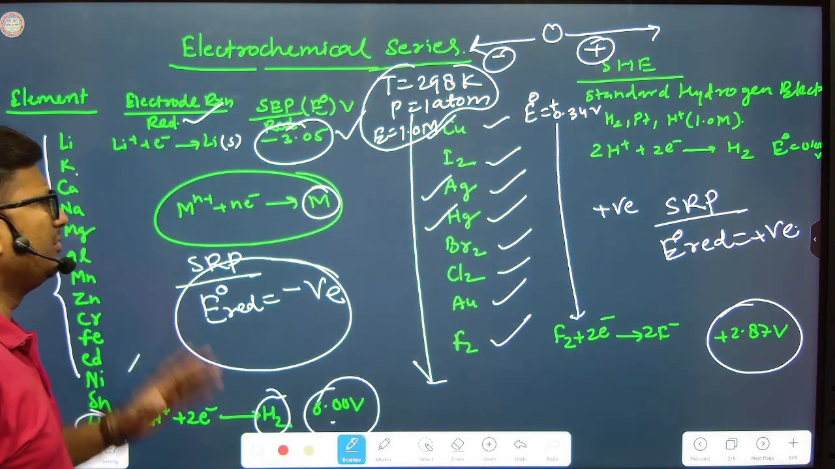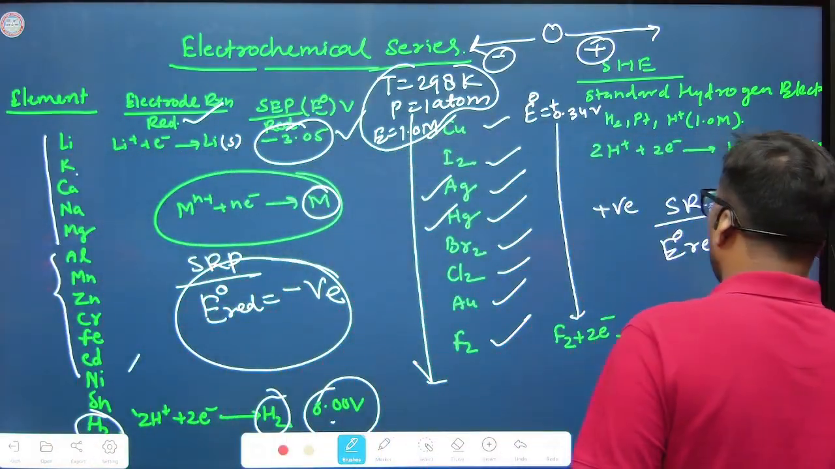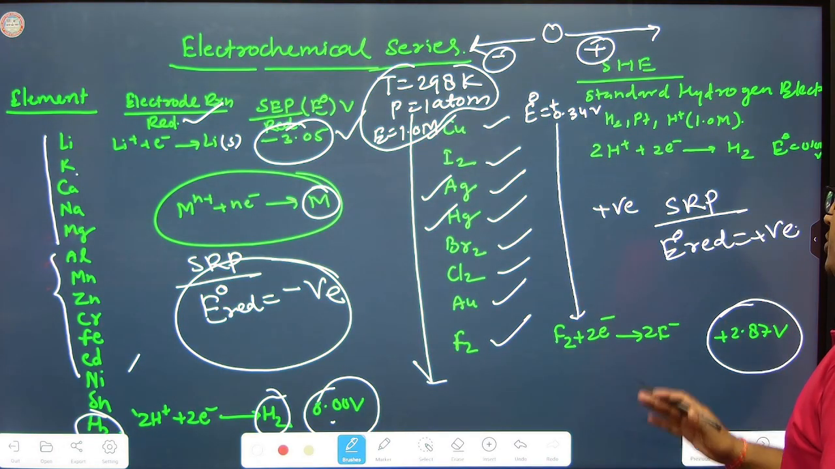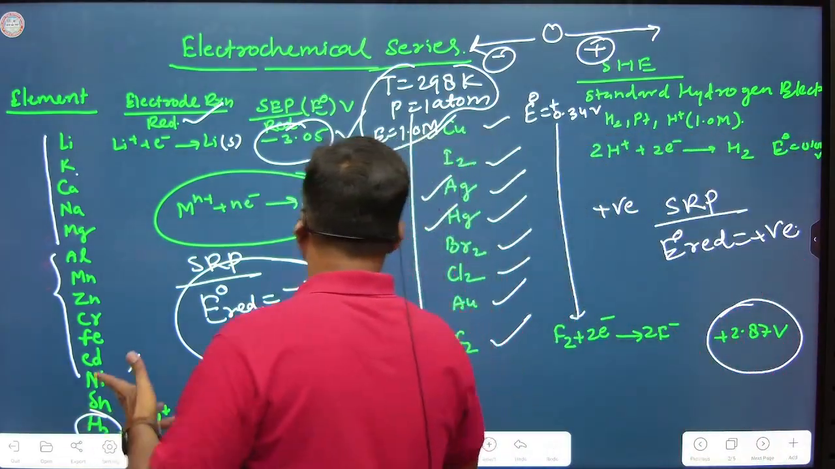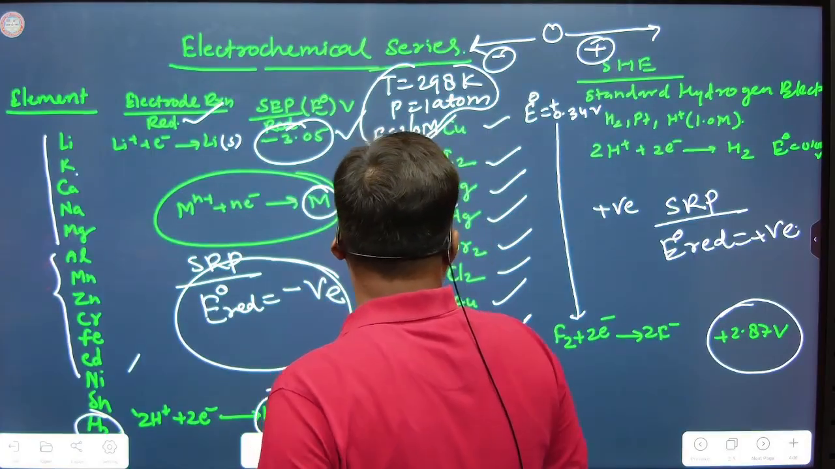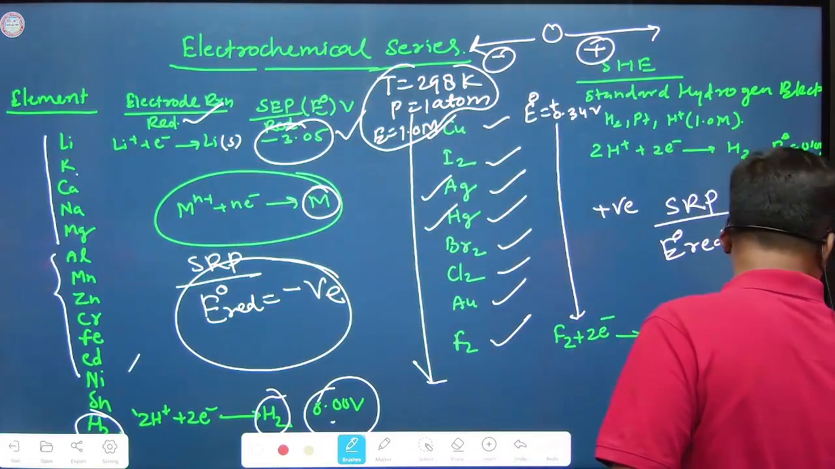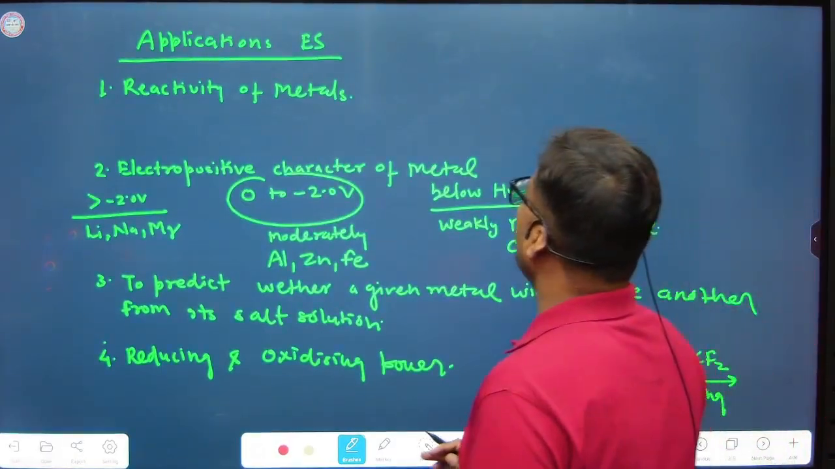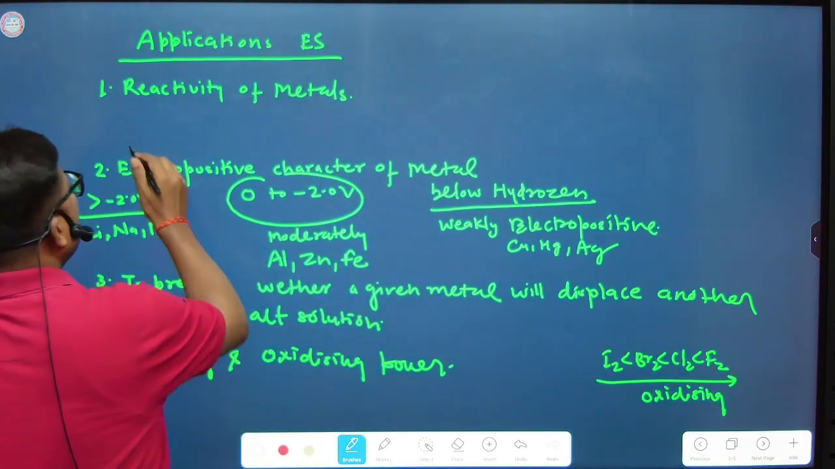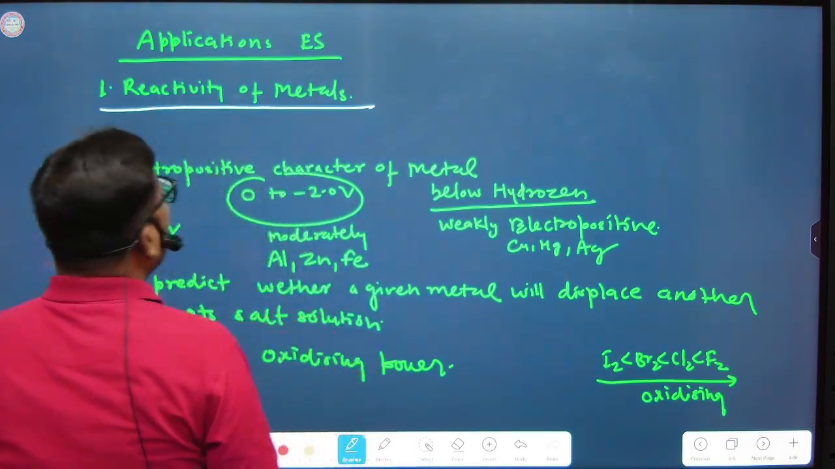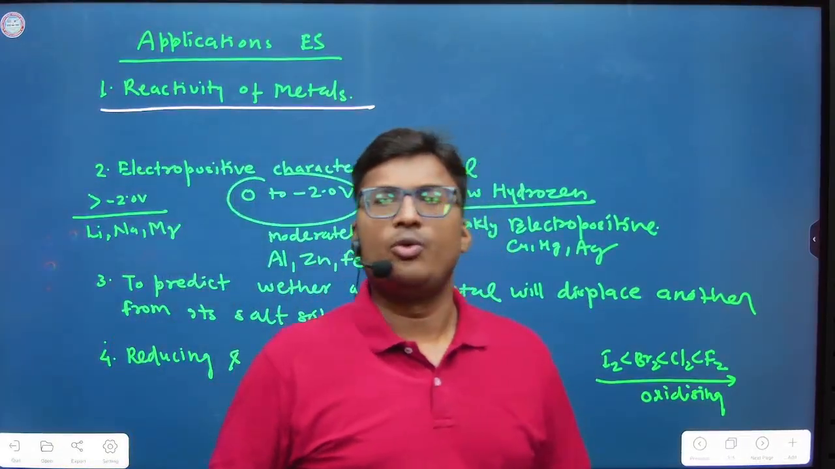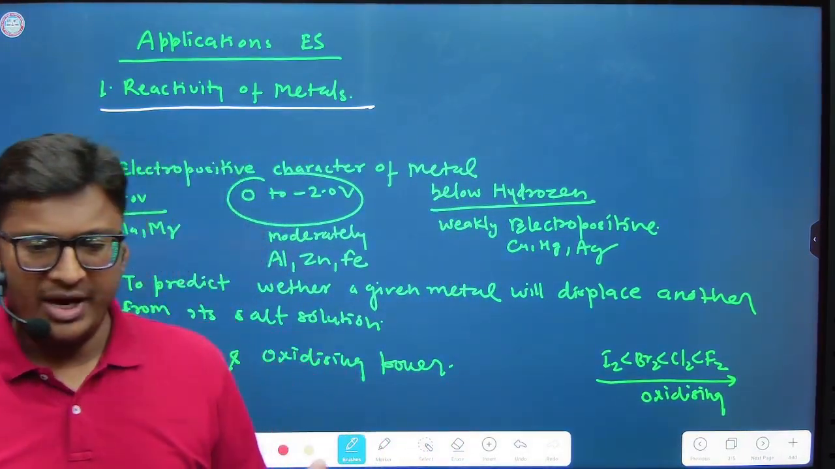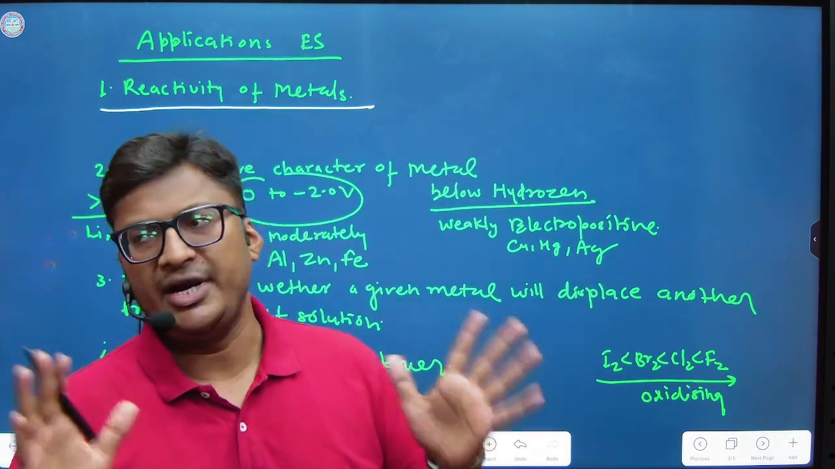So what does it mean? That can be understood very beautifully through the knowledge of electrochemistry. Okay, so now in the next page, that is applications. The first application of the electrochemical series is reactivity of metals. So by the knowledge of standard reduction potential, we can predict the reactivity of the metals